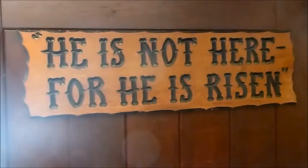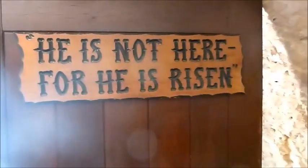So, and we have here on the door, he is not here, for he's risen. Awesome. And as I come out, here you can see the whole area